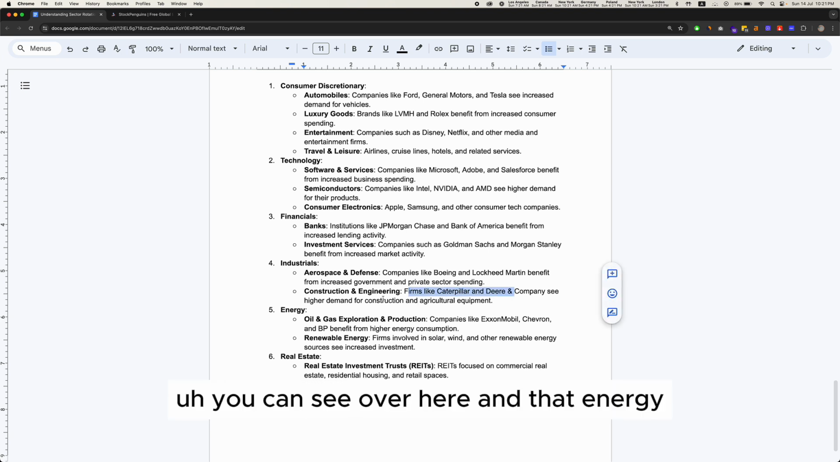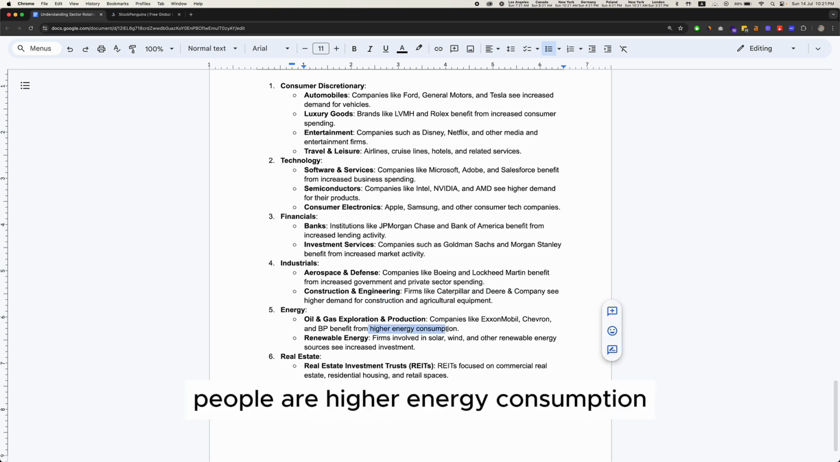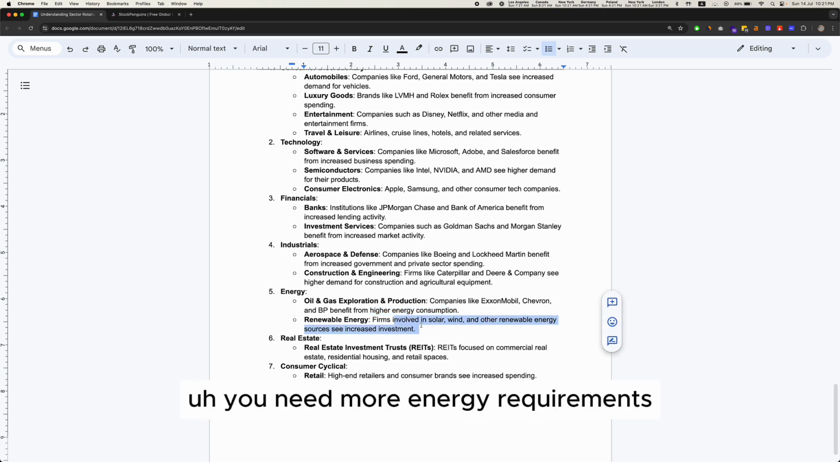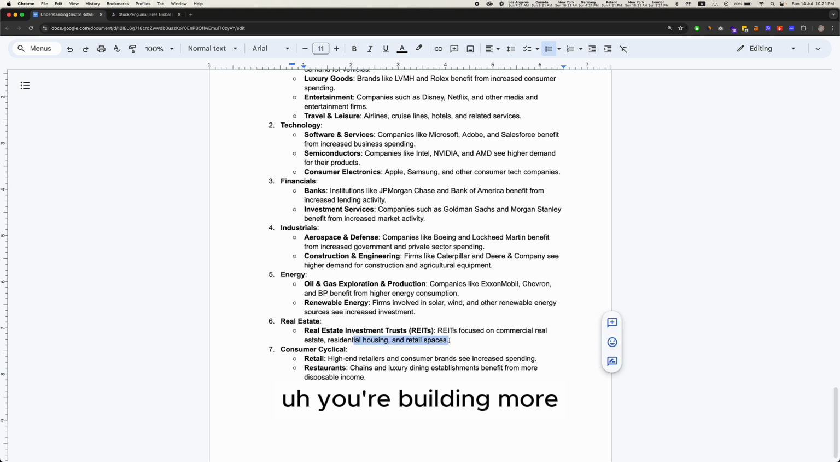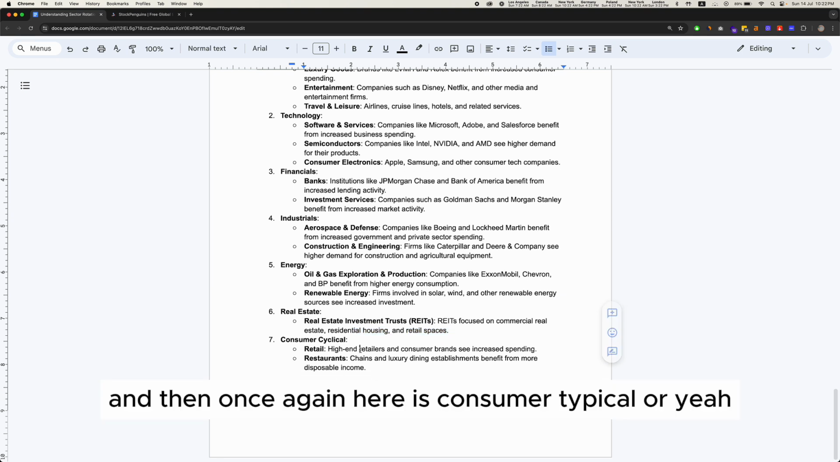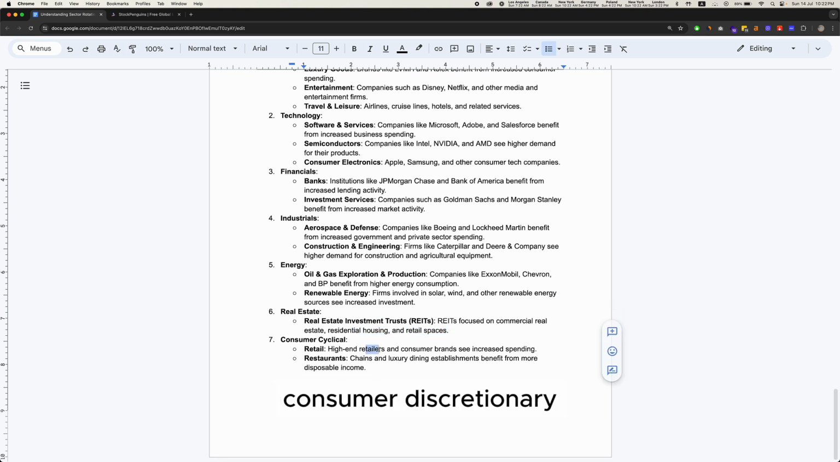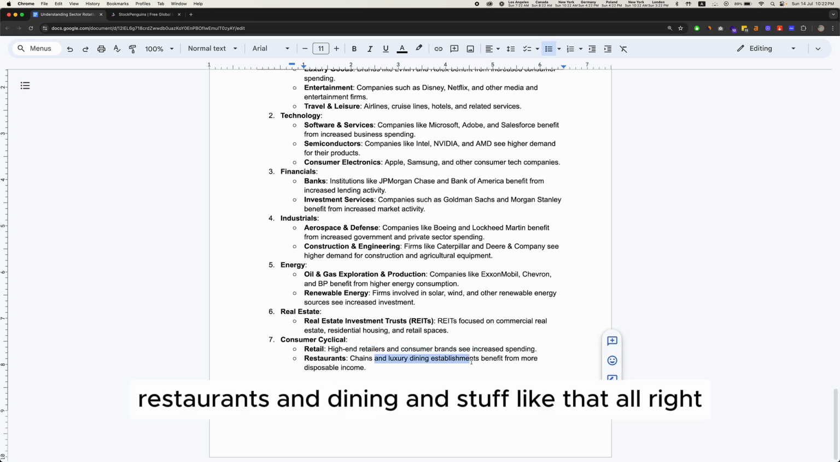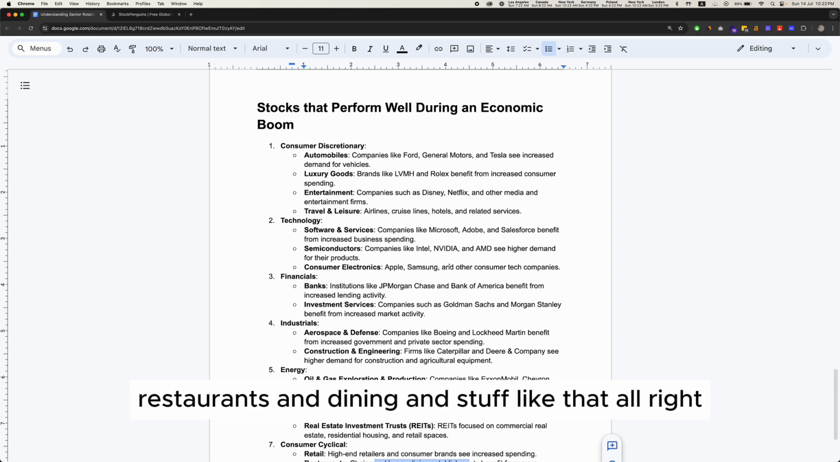You can see over here. And then energy, there's higher energy consumption because people are just doing more in general. You need more energy. You're building more, so that's real estate. And then once again, here is consumer cyclical or consumer discretionary, where it's high-end retailers and consumer brands spending, restaurants and dining and stuff like that. All right, so you can see, right,